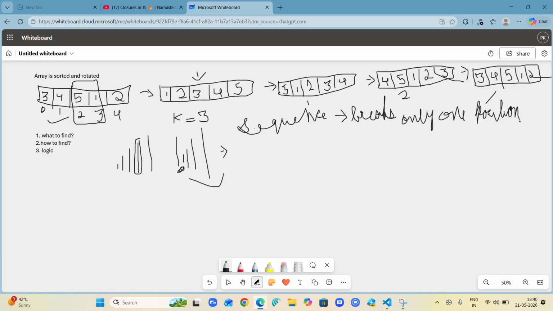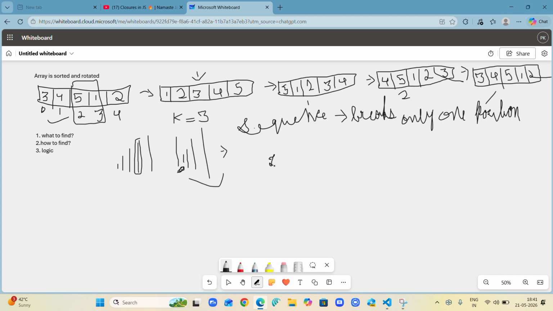Now how to find this logic, that the sequence is breaking at only one position? You will realize that we can apply a for loop, right? Like for int i = 0; i < n; i++, it would run like this.